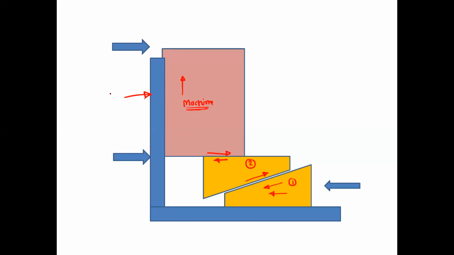And if you compare the motion of the machine and this fixed support, or the vertical wall, the machine is moving in the upward direction, that is the positive y direction. So relatively, this wall will move in the downward direction if you compare the motion between wall and machine. So with the help of this wedge arrangement, that is a tapered block, we can lift a machine having a heavy load by using a relatively small amount of external force. This is the application of the wedge arrangement.